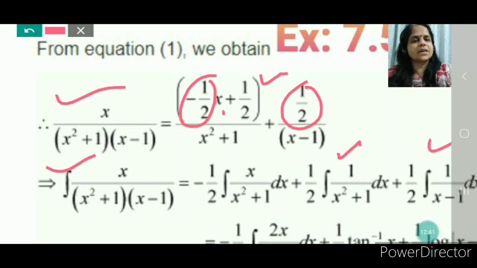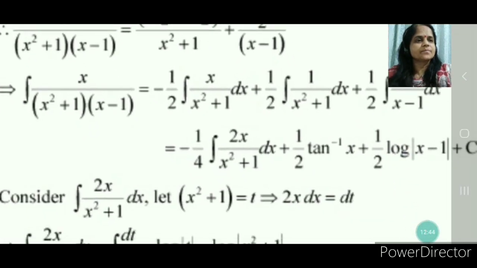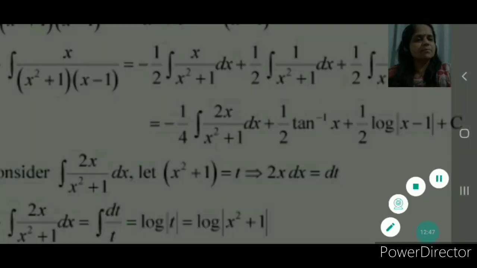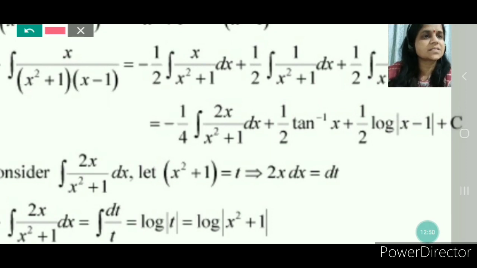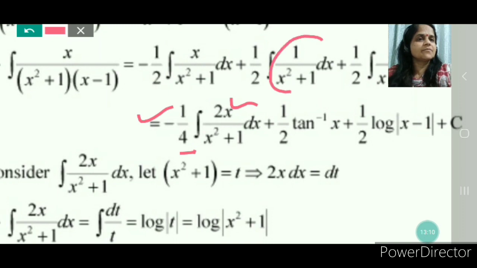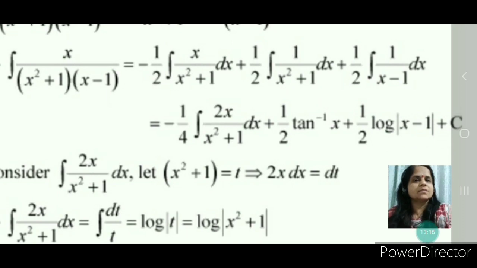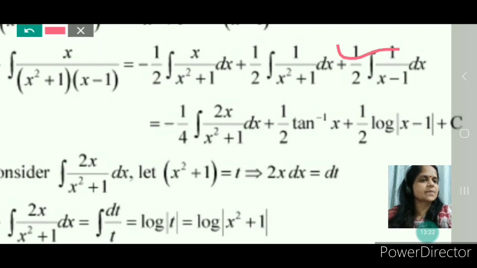And now apply the formulas of integration. In this chapter, students, there are so many methods; formulas are limited but methods are more. You have to recognize the question first, to know which method should be applied. Now here see, if you multiply numerator and denominator by 2, you will get 2x, and it becomes 4. X square plus 1 write as it is. It is the formula of tan inverse x, and here you will get the third term, it is log mod of (x minus 1) plus c.